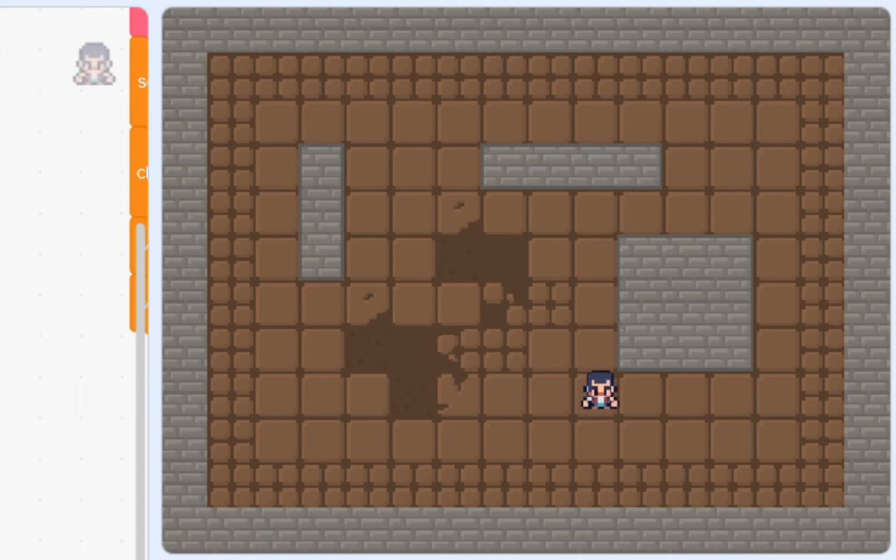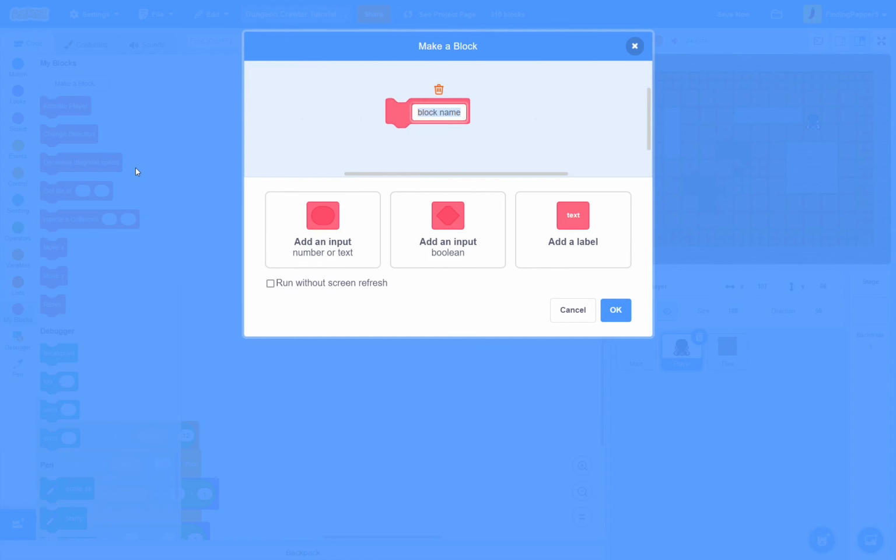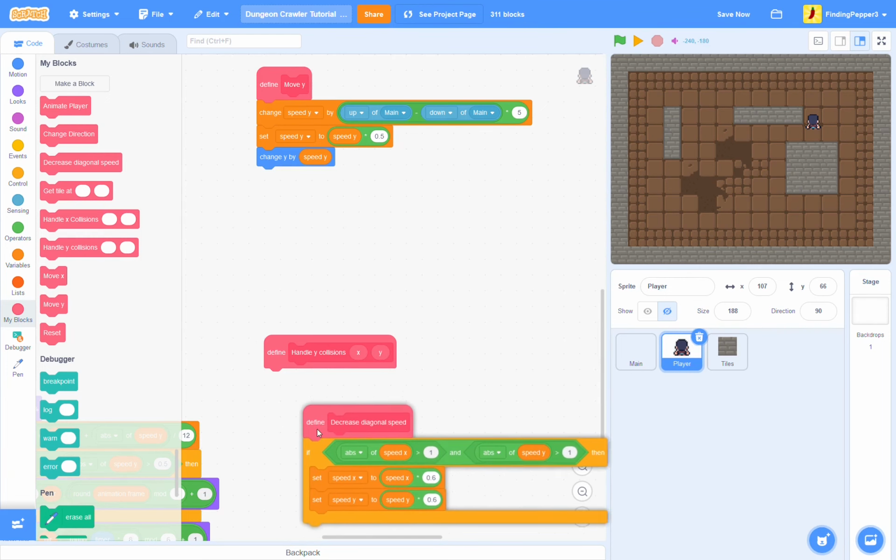So now we collide with the edge of the wall, and our head does as well. Although, of course, we can still move vertically through the wall. Let us fix that now. Much of the code will be the same, so we'll just make a new block, handle Y collisions, X, Y, and with that screen refresh, and then